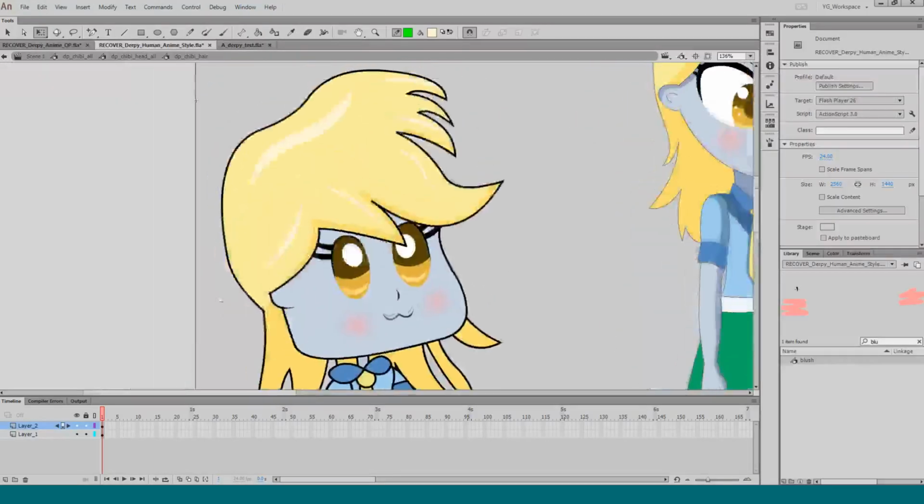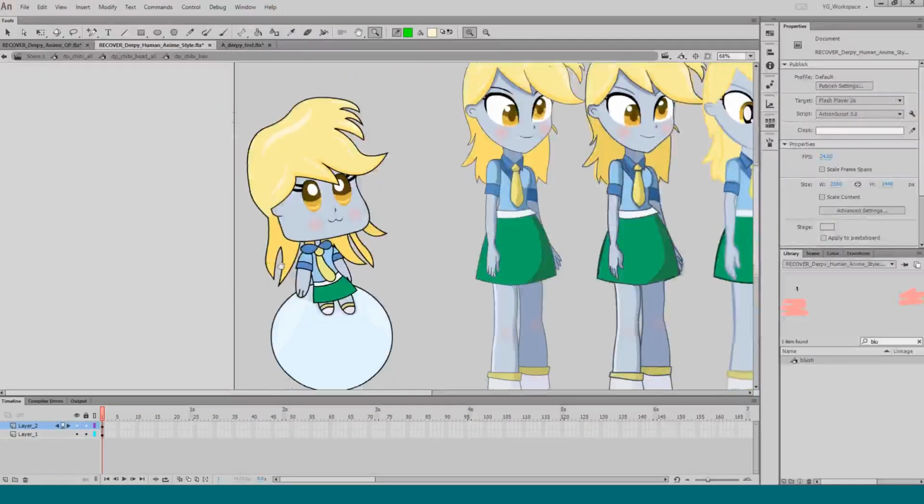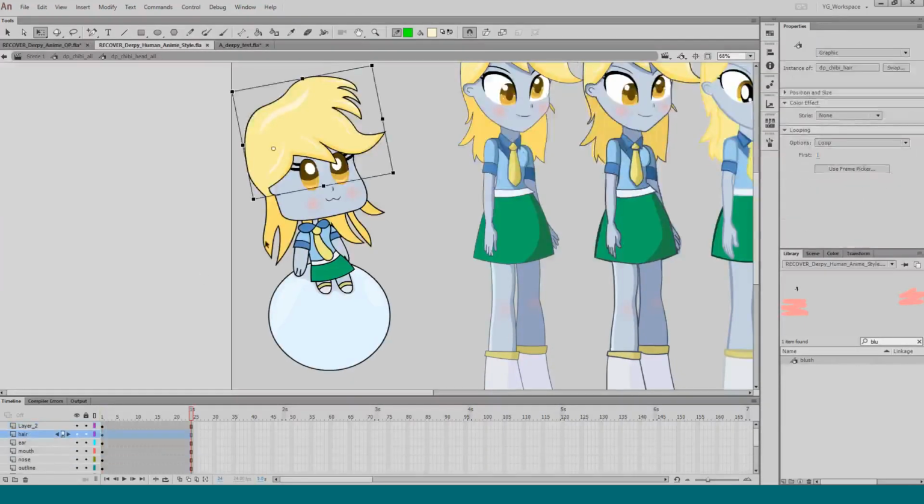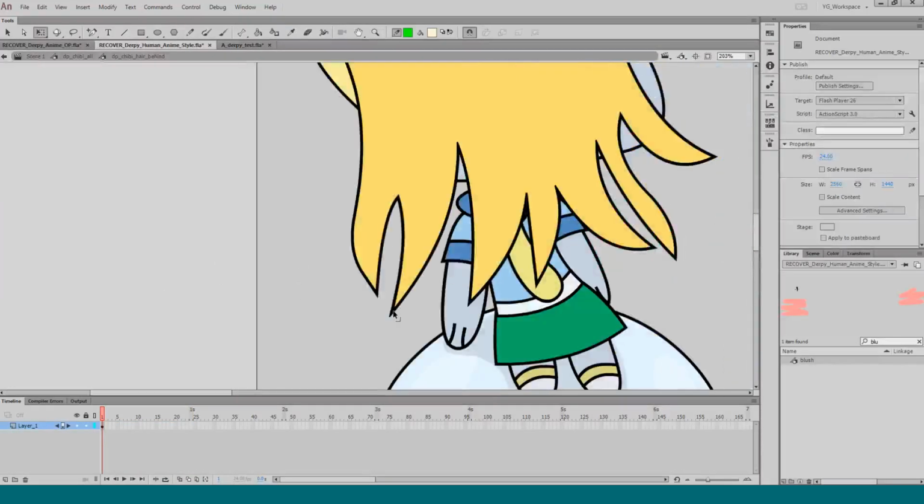Okay. That's looking good. And she's on a little bubble. Nice. Gotta change this hair wave a little bit over here. Boop.